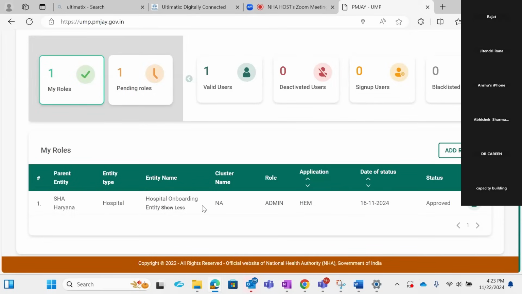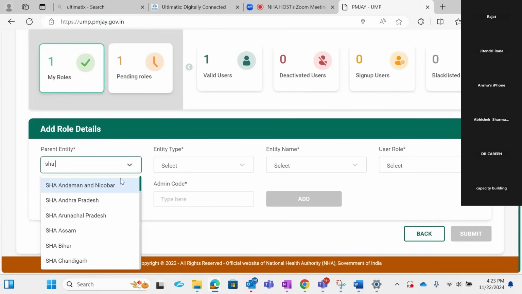So for fresh hospital enrollment, if you are enrolling a fresh hospital, you will create this hospital onboarding entity role, because currently at this moment you don't have that hospital on the UMP application. If your hospital is already there and your user is not there, you can add a role and select your hospital as an entity like this.